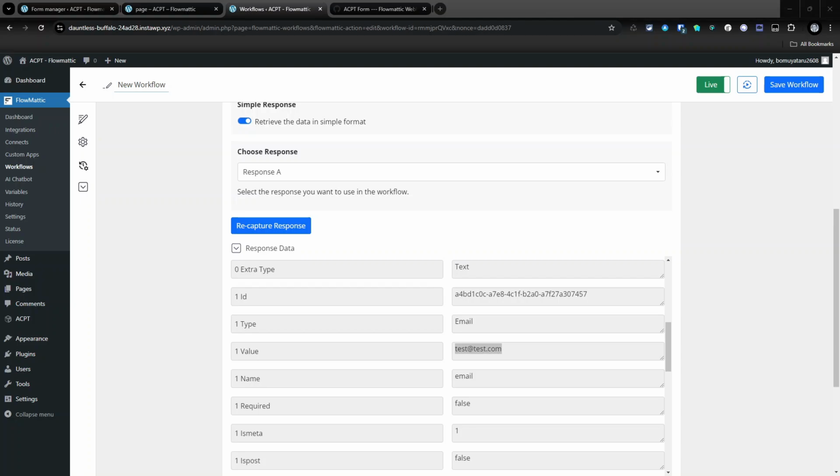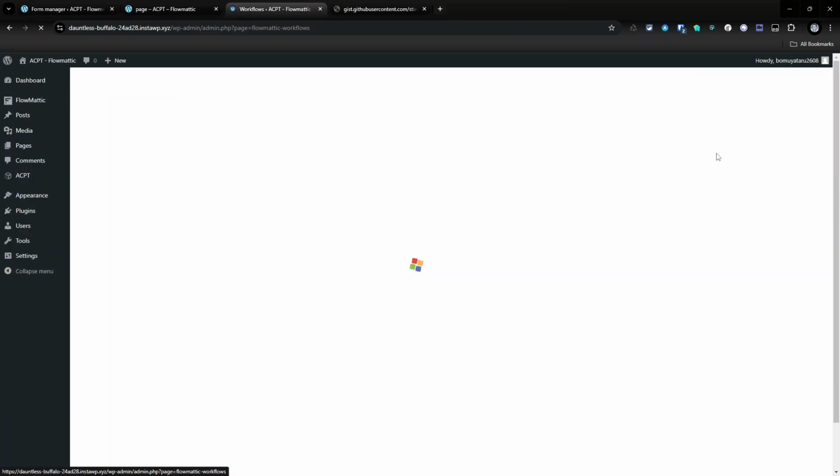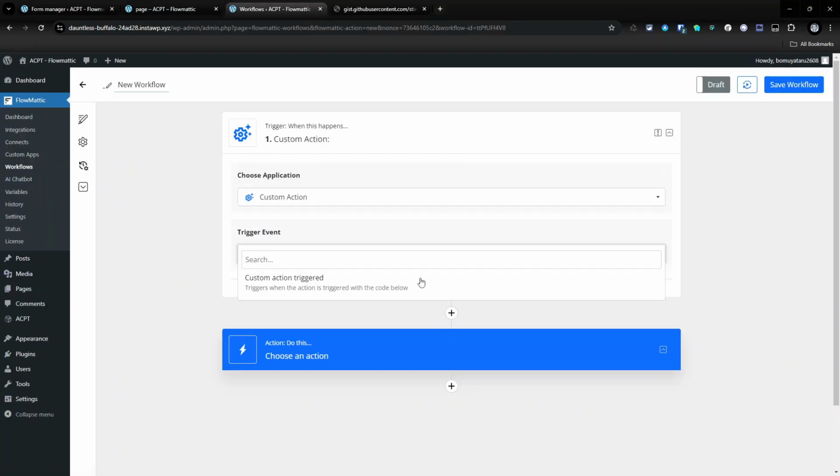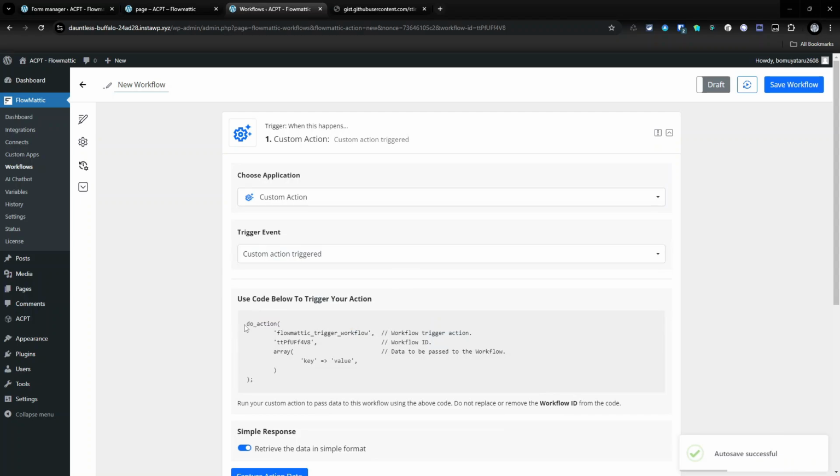Now, as I said at the start of the video, if it was on the same site, I would do it in a different way. And the way I would do that is I would use a do action in FlowMattic. So what I'm going to do now is do that as an example workflow. And this time it's going to be a custom action workflow and a custom action trigger. And then I'm going to copy this